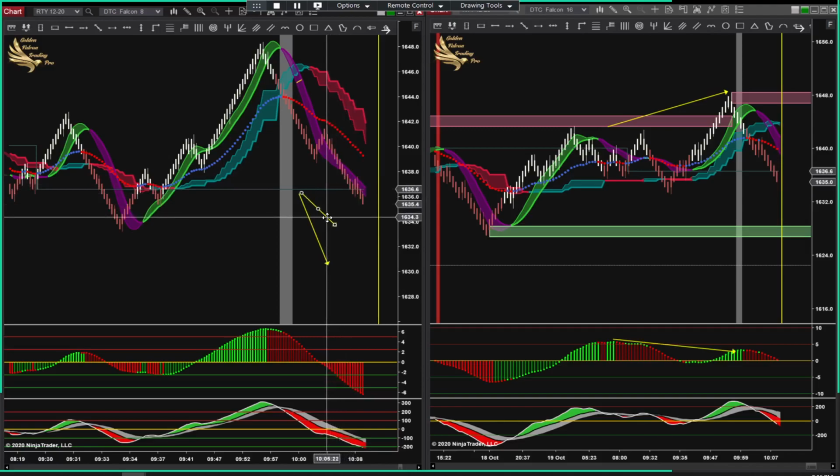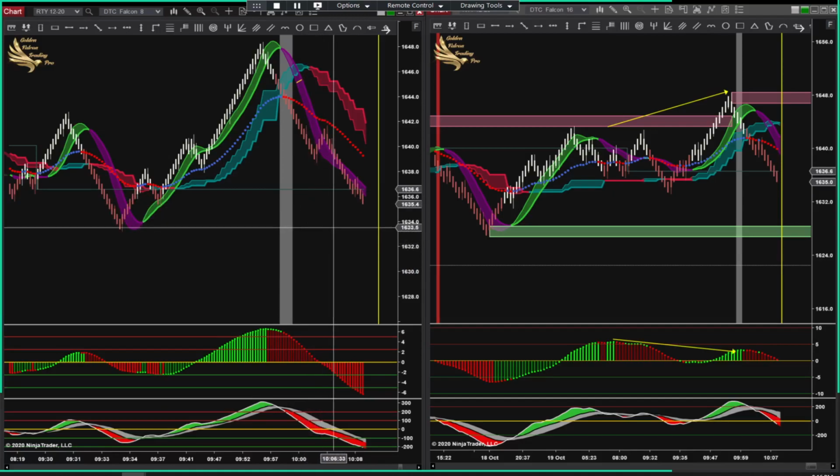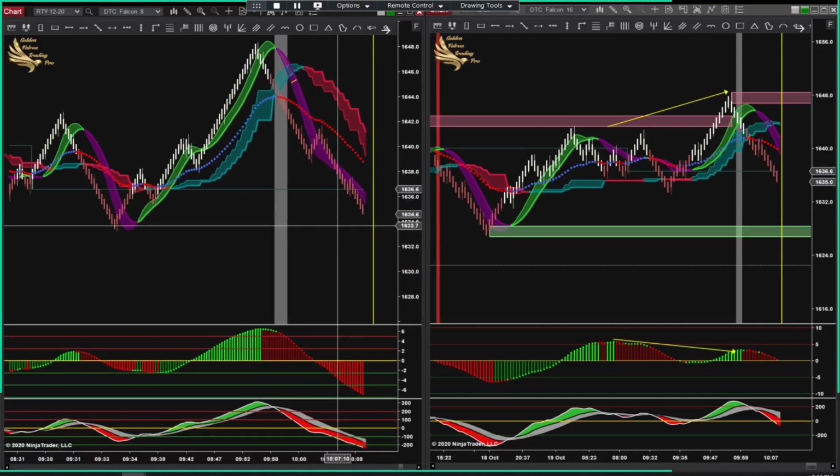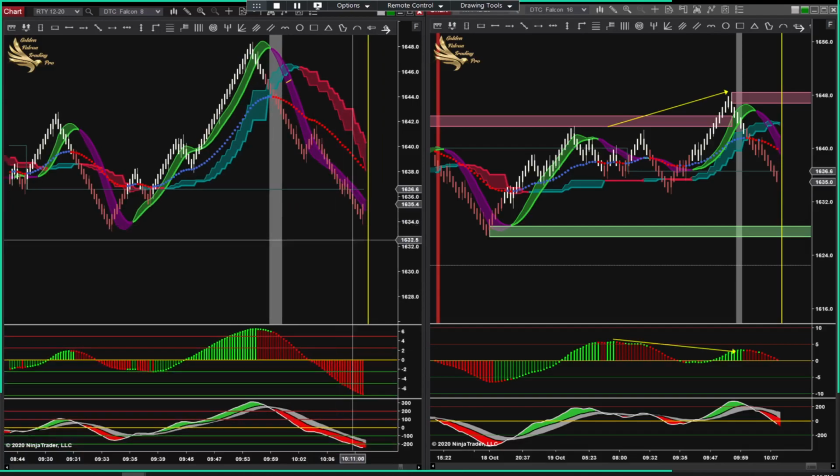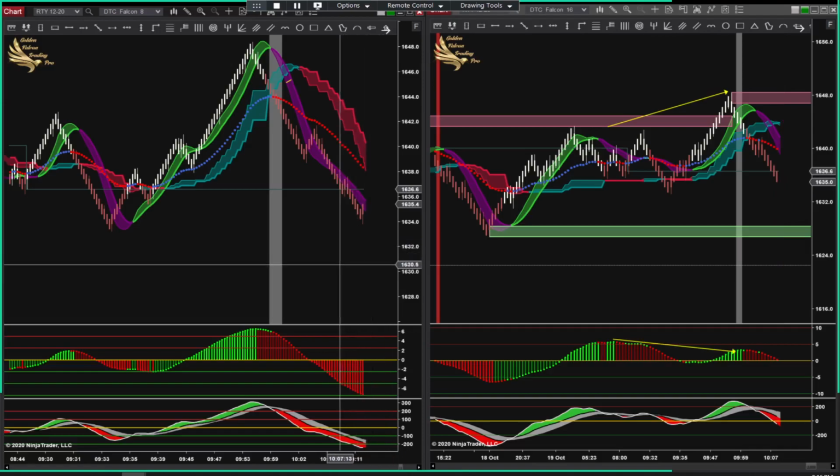Look at the difference. This one's much stronger, pointing straight down. This one's starting to go sideways. So these are clues. These are clues that something's coming. Okay, then I see the wick up bar. I'm going to get rid of this. It's easier to see what's going on. Then I get the wick up bar, which